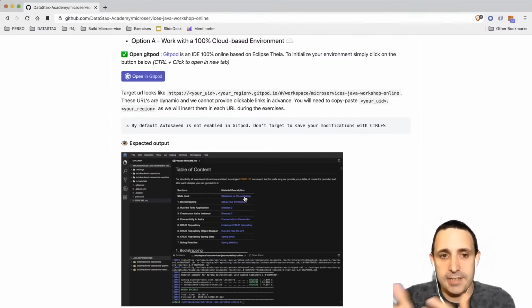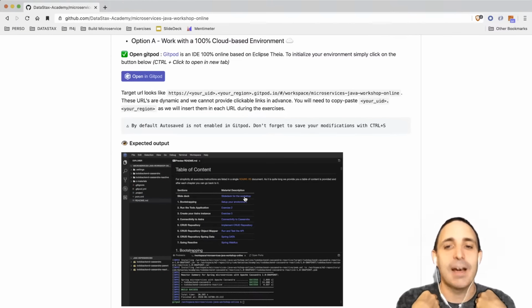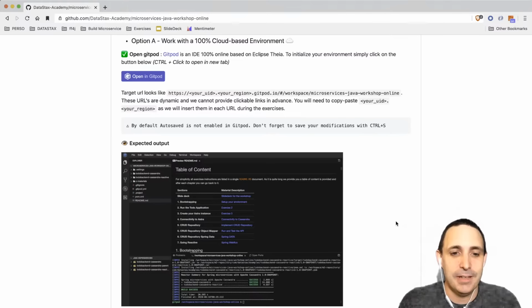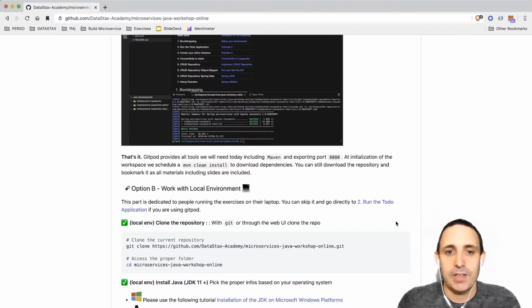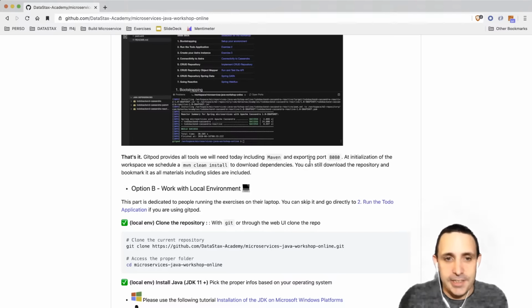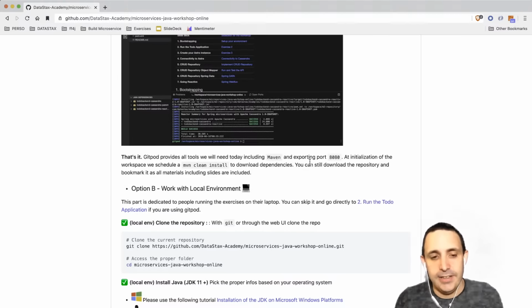Control plus S is the way to go. It happened to us many times this week, so you may find us in the same trap. Okay, so you will see that it's not doing Maven clean install exactly. It's doing Maven clean install -D